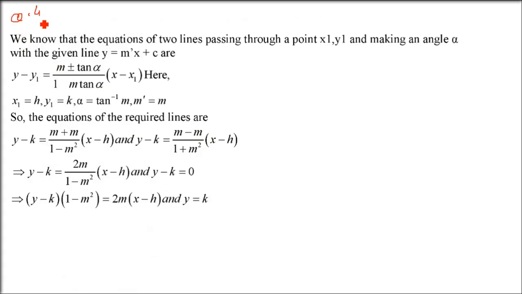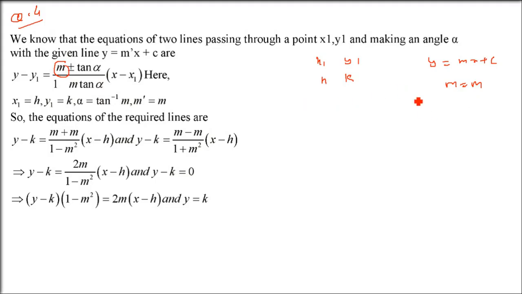This is question number 4. Find the equations of the straight lines which pass through the point (h, k) and are inclined at an angle tan inverse m to the straight line y equals mx plus c. So everything is given here, okay, in the form of variables. So (x1, y1) is (h, k), y equals mx plus c. So m you are going to take for the m. In place of m, you are going to take m.